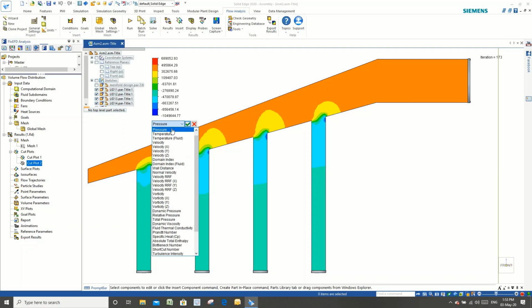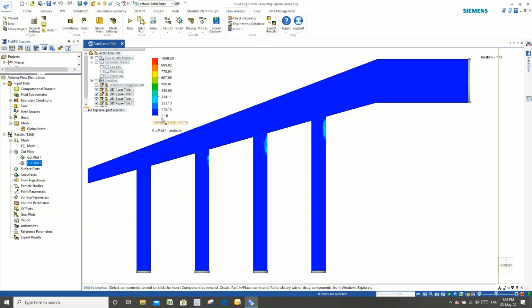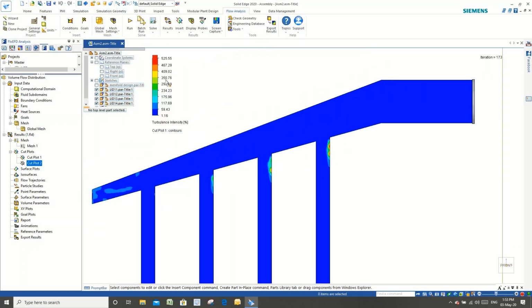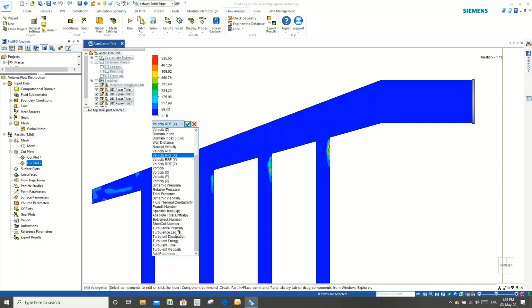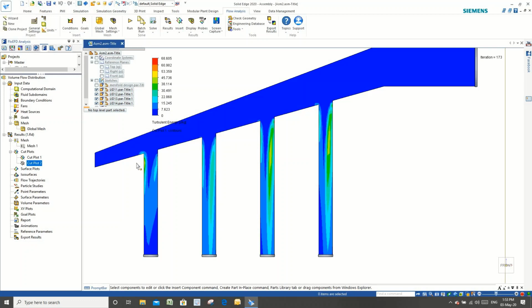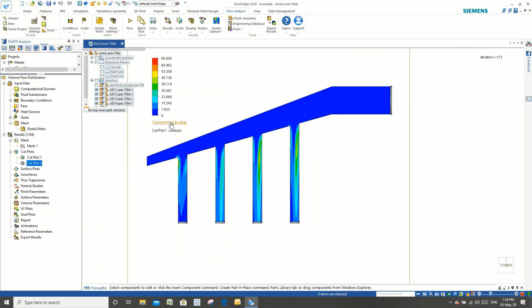Okay, so we have a few more options to change the plot. We can quickly select the parameter and change it to turbulence intensity, turbulence length, or energy dissipation. So all these plots are shown for 10 times, whereas I want to see turbulence which is more than 5 times. So these are the areas, the red marked areas, which have turbulence 5 times, or you can say 500%, more than 500%. Okay, so we can also see turbulent energy or other factors which are involved in creating turbulent zones in the system.